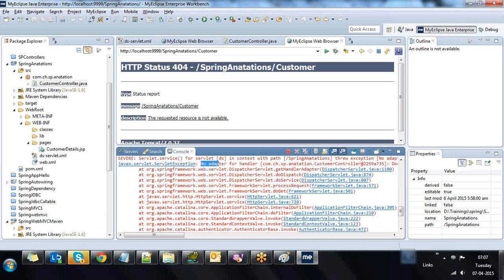So last time, as per the diagram I showed you, right, there is a